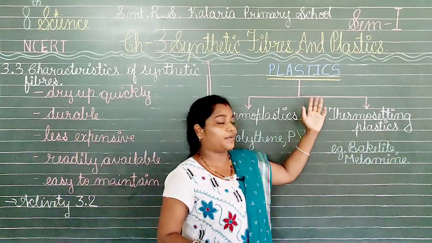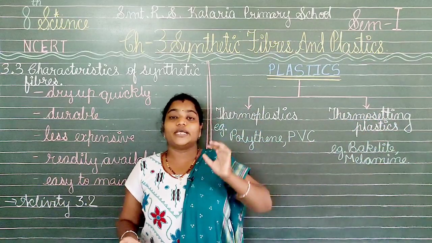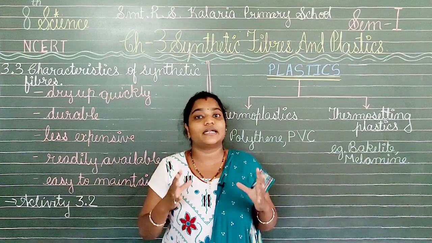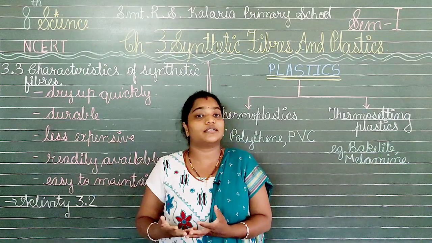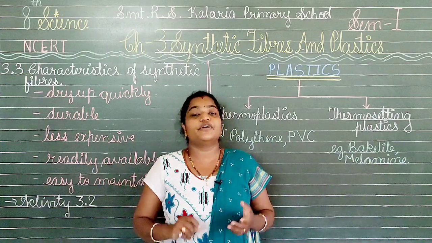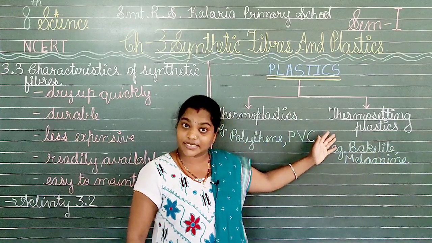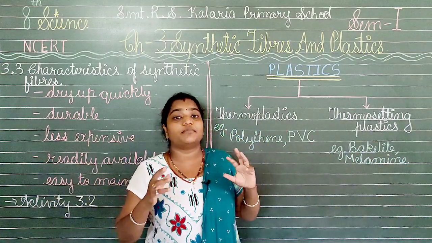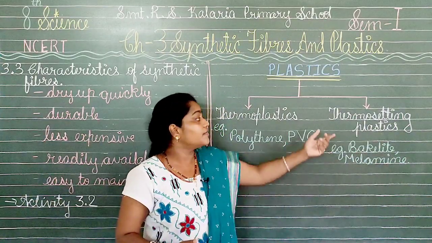Now the second category of plastics we have is the thermosetting plastic. Here, what will happen? When some plastics are set for one die or design, they will be set for that only. When you try to heat it and mold it into other shapes, it will not turn into that shape. This type of plastic, which is set once and will not be molded again, is known as thermosetting plastic. So they will be brittle as compared to thermoplastics. They will not be able to mold into different shapes even by heating. Such types of plastics are thermosetting plastics.